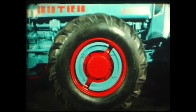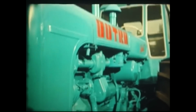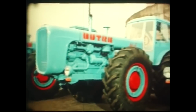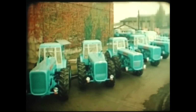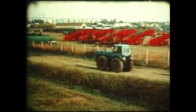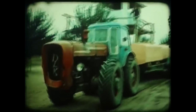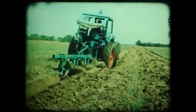The Dutra is perhaps one of the most iconic tractors ever made. For some people, these tractors look disgusting, and their proportions are the opposite of how tractors should be designed. For others, Dutra is one of the most interesting tractor concepts that could be found in the Eastern Bloc machinery industry. Dutra tractors were built in Budapest at the Raba Steiger factory, which was created on the basis of the